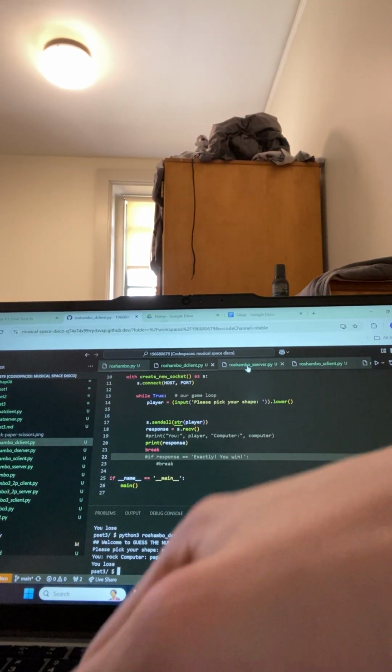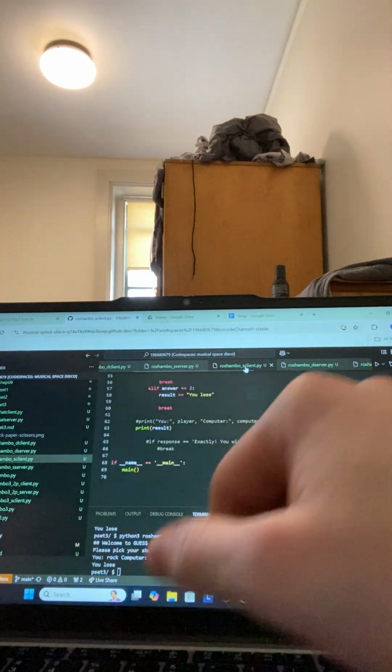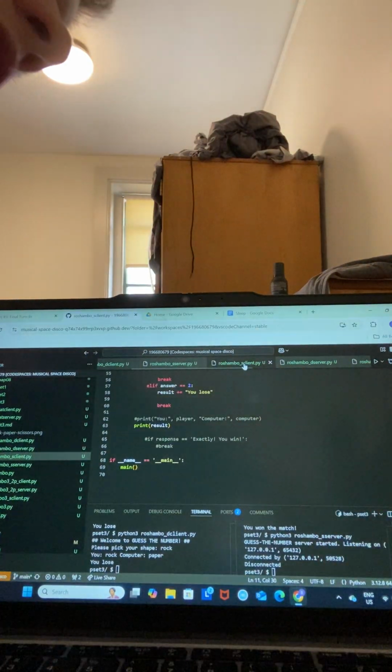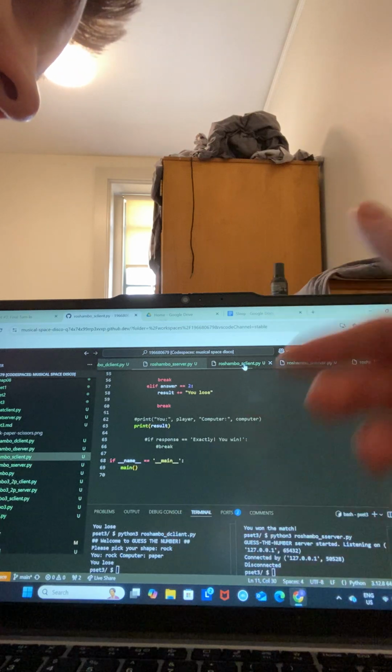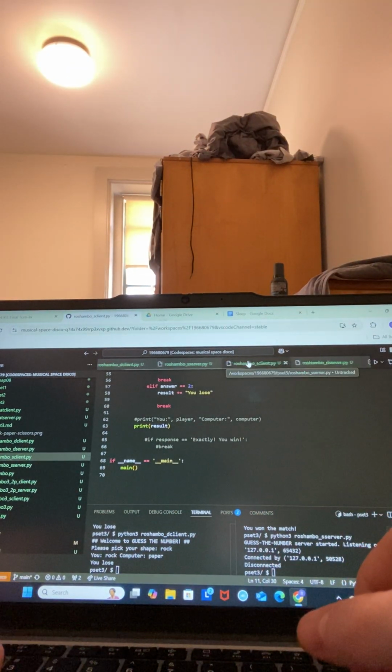Okay, now we switched it where it's a smart client and DOM server. And so really in this, we just wanted the server to create its guess, send it back to the client, and the client chooses whether we win or lose. So in this,